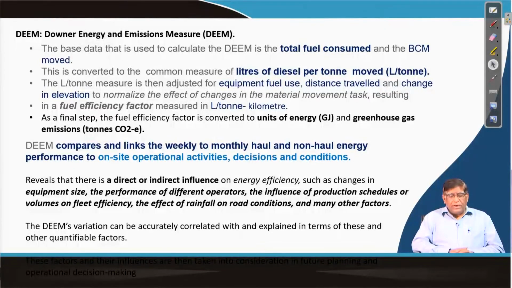So, what they do is find out the total unit of energy, and then the total greenhouse gas emitted. Whatever greenhouse gas is emitted is converted to a carbon dioxide equivalent, and then they find out how many gigajoules are consumed per ton of carbon dioxide equivalent. This gives an indicator by which you can say how environmentally friendly your mining is or not.